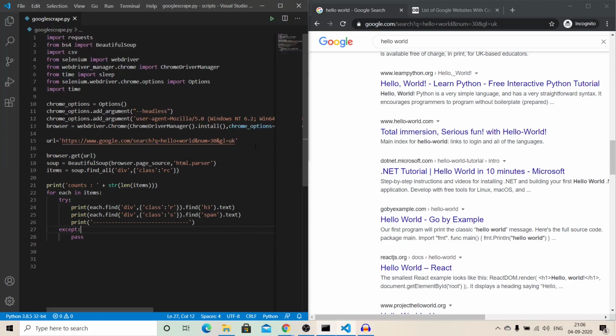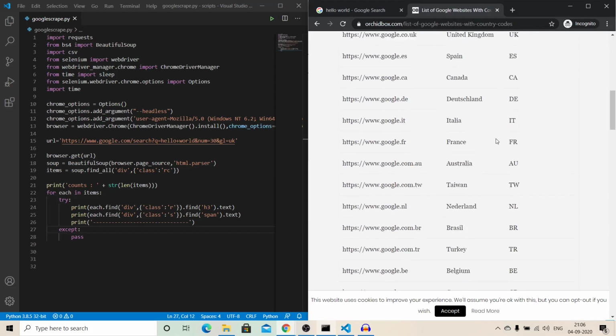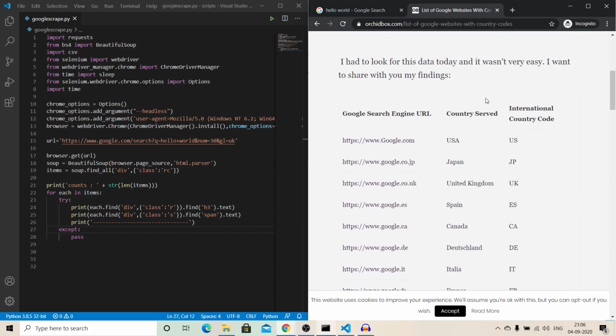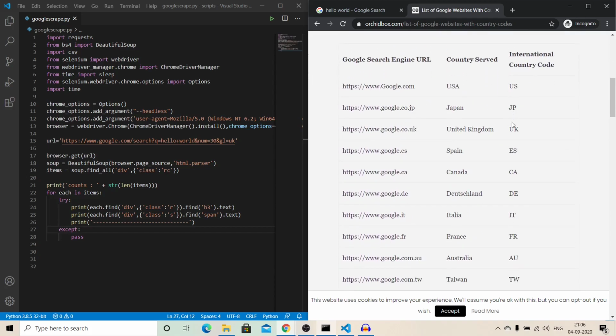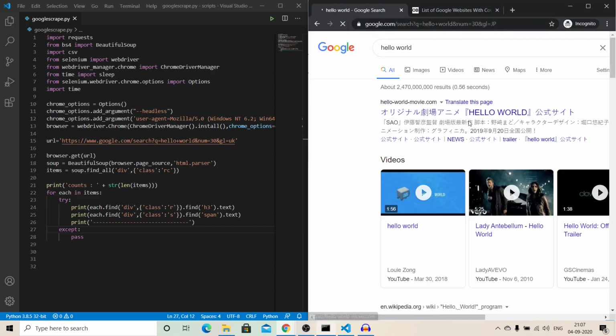Now, I have also found this website which contains different country codes. I'll be adding this link below. Let's say that maybe I want to get the result of Japan. If I set this UK to JP, all these things are in Japanese now.